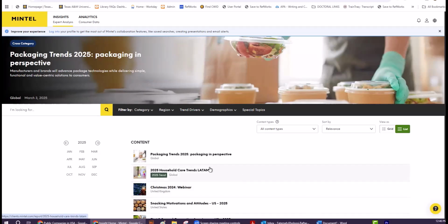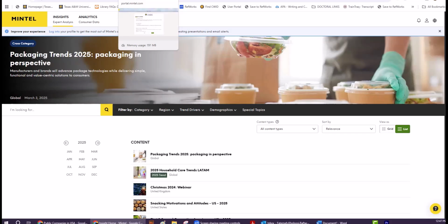Okay, I'm going to take you to one more database for today. Oh, I want to say this: what I showed you so far, and what I'm going to show in the last minutes, is just an introduction. I haven't gone through any of these databases in depth. So if you have any research question or you need a research assistant, please contact me. We can have a one-on-one research session and go through your research questions and requirements deeply, and I can help you find the information if available.